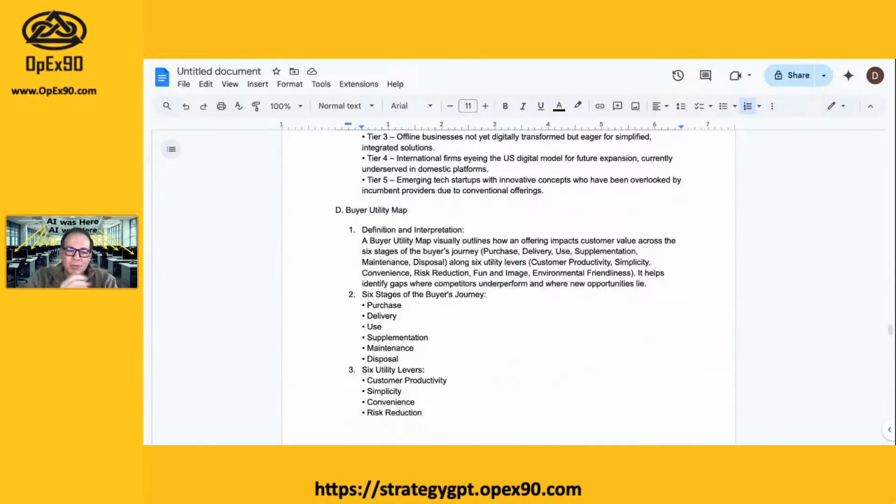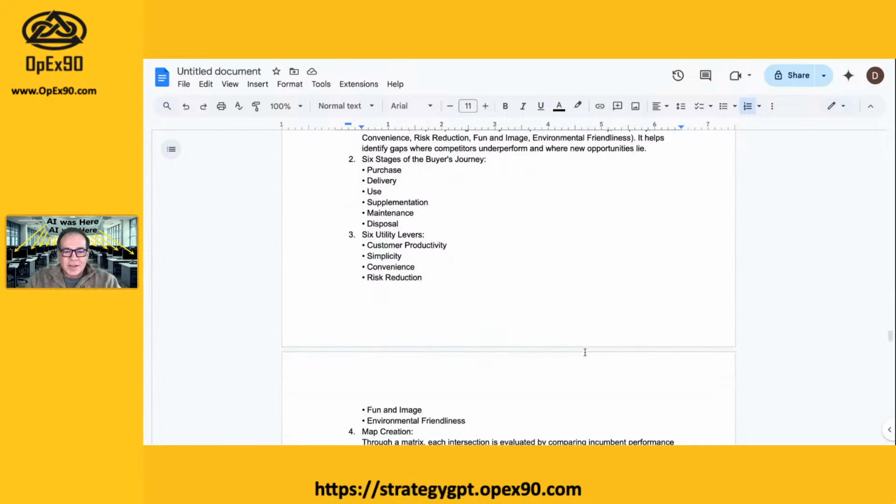A buyer utility map describes the buyer and the buyer's journey here, right? Remember, I have identified, defined, and described as one of the things here the 6 stages of any buyer's journey for these products or services: the purchase, the delivery, the use, the supplementation, the maintenance, and the disposal of a product or service. That is what our customers are going through. Remember, we just did this in any of the large language models. I can take my entire code set and drop it into any of the other large language models. Not code set, it's a prompt, right? It's a very big prompt, and have it run from that prompt.